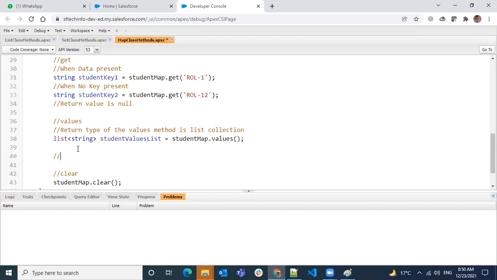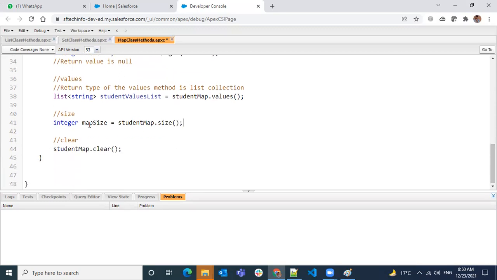Then there is the size method to know the size of the map. If you want to store it in an integer variable, such as my map size, it's going to be a numerical value, an integer.